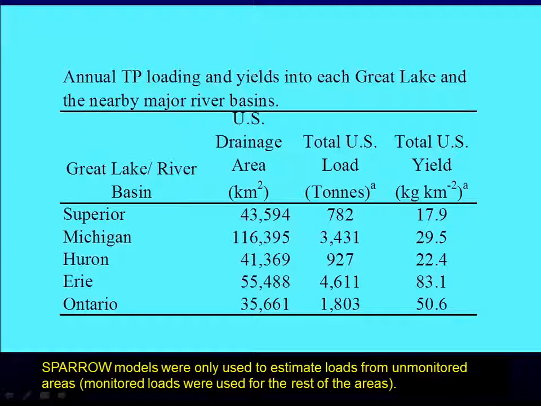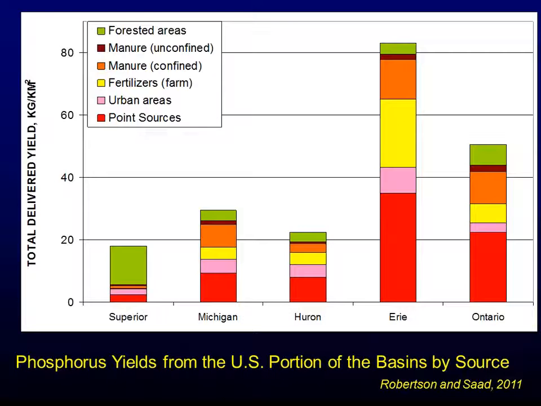So with that, we were able to estimate the total load to each of the Great Lakes. One thing that we did in this is, I'm a modeler, and I know there are residuals, so I tried to minimize that. It came back to haunt me a little bit. But I tried to minimize that by taking the estimated load at each of the sites and only using SPARROW to do the unmonitored area. Okay. With that, now we come up with the total load.